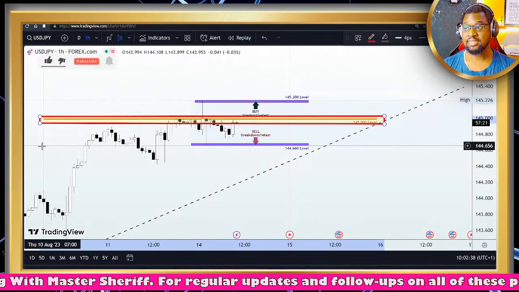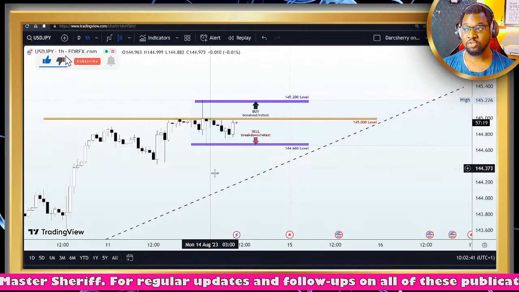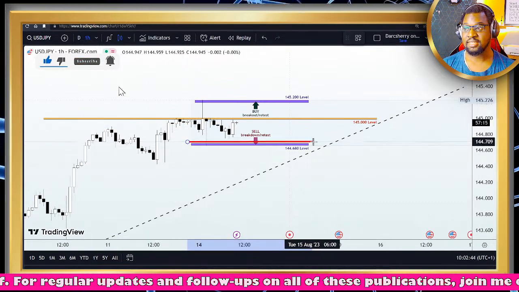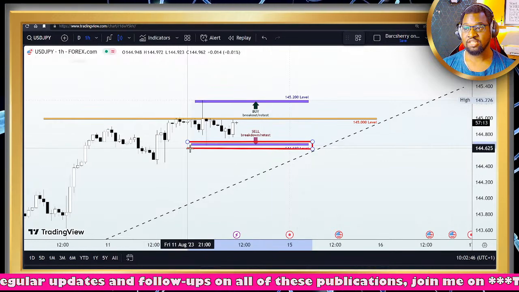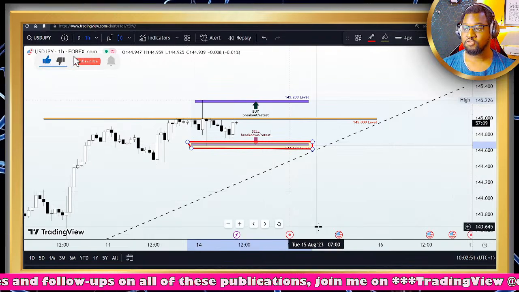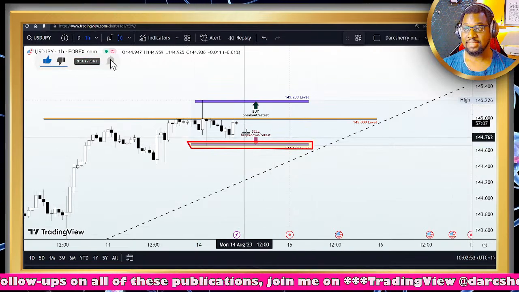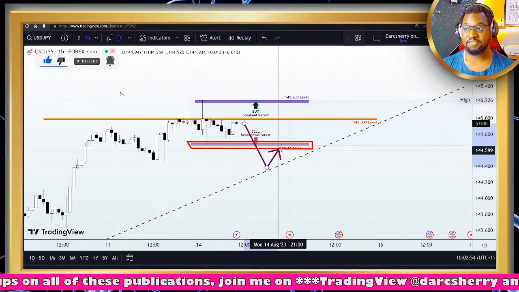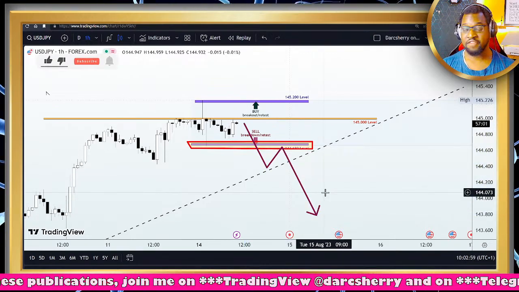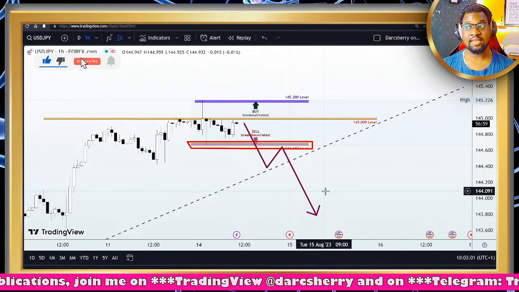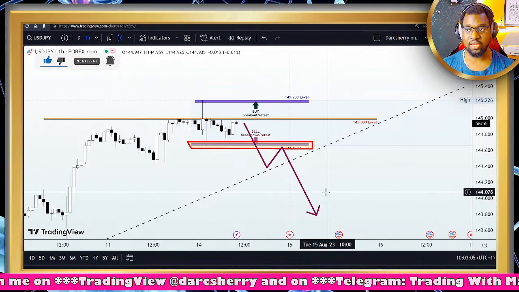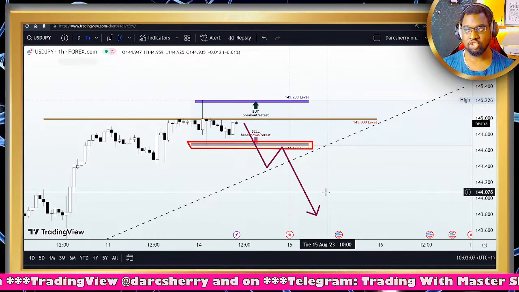So at this point in time, I will be looking out for selling opportunities at the breakdown of the 144.680. So if price breaks down that structure, we look out for selling opportunities. And if it goes on to further break down the ascending trend line we identified on the higher time frame, then we will see this as a very good signal that sellers might be dictating the pace, at least for the first half of this week. So we are looking out for selling opportunities below the